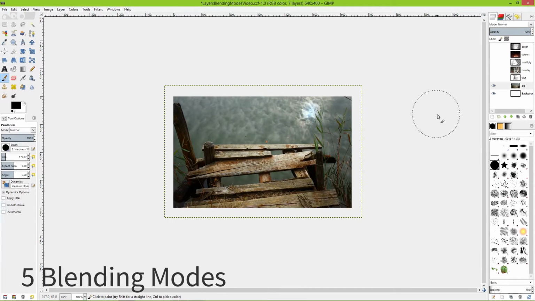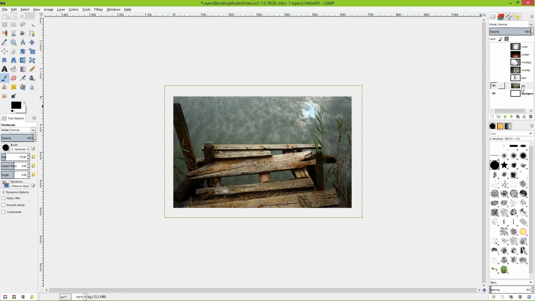GIMP has a large variety of blending modes for working with layers, and in this video I'm going to show you just a few blending modes, about 4 or 5, that you can use when combining images together to create interesting effects really quickly. So this first one, actually really quick, if you don't know what a blending mode is,